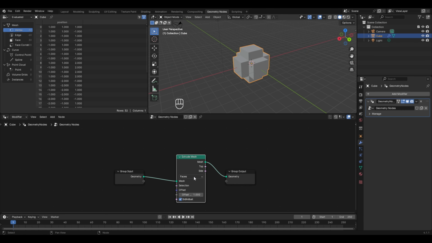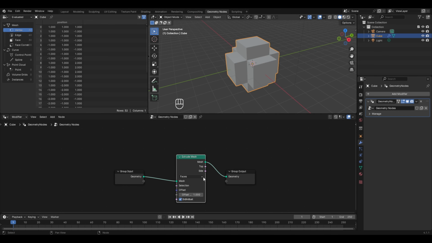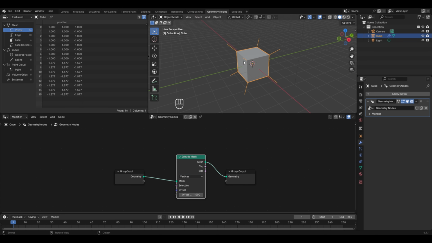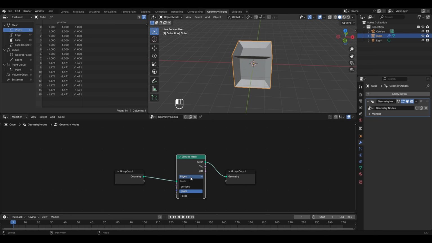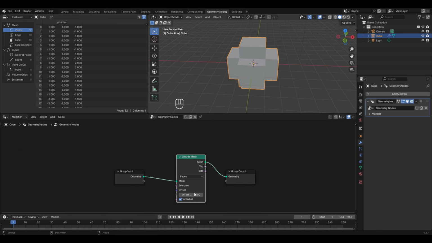Now here in the extrude mesh, you have some options. The first one is the mode of extrusion. By default it is set to faces, and as a result the faces of this cube are being extruded individually. But here we have some other options as well. So if I select the vertices, it will basically extrude the vertices of this cube object. The next option available is the edges, and just like the other two, this one will extrude the edges of the cube. But right now I will change the mode back to faces, and here you have the offset value,